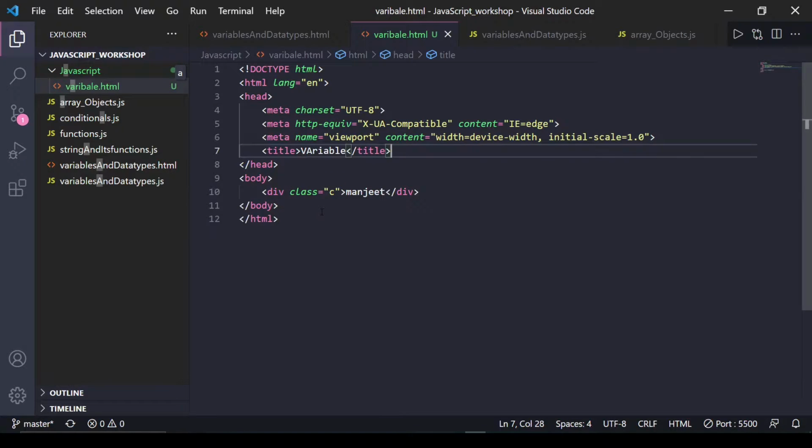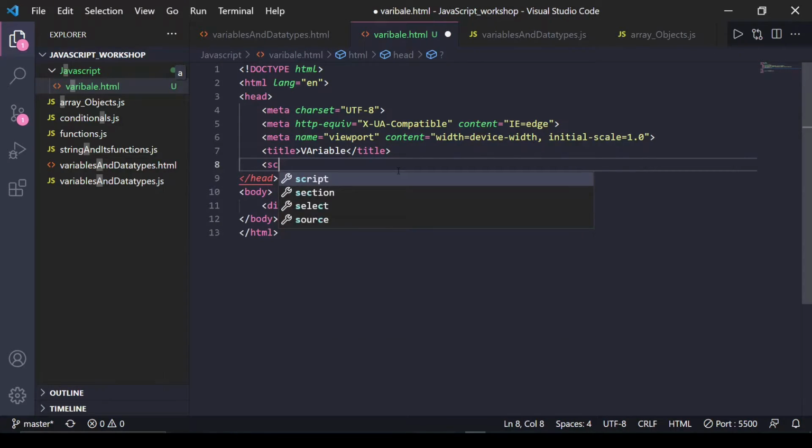Why is it preferred? Let's say we have written it in the head and JavaScript is making some request from an external server. The code runs line by line, from top to bottom. When it encounters the request, it will take time, and our basic HTML and CSS are not loaded, so the user experience will decrease. If I go to a certain website and it's completely blank, I will just return from it and close it. That's why it is preferred to write JavaScript at the end.